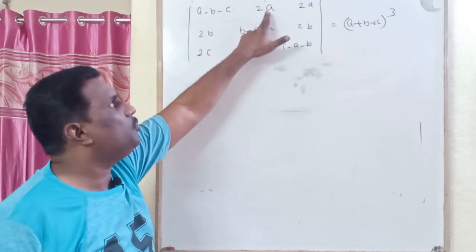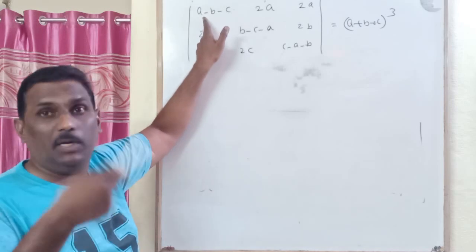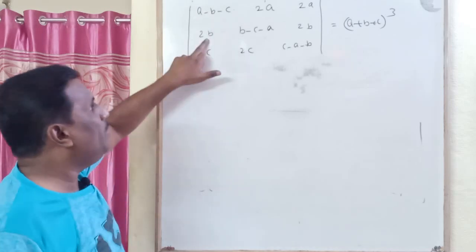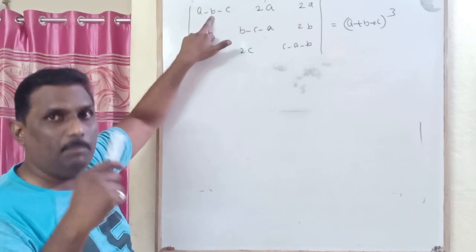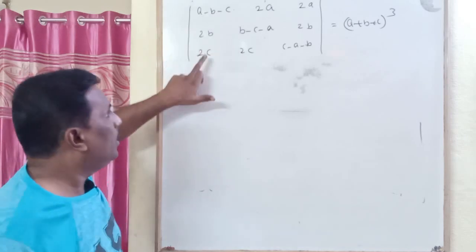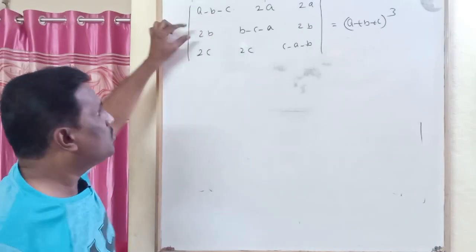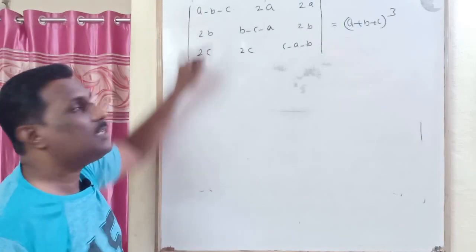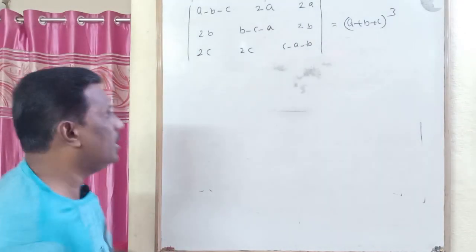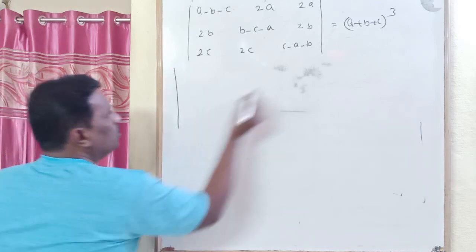Here I have 2A. If 2A is added to this, I get 3A, but I don't want 3A. 2B is here. If 2B is added to this, it becomes plus B. I need A plus B. If 2C is added, I will get C. So if 2B and 2C are added to this, I will get A plus B plus C. So what I am going to do is,